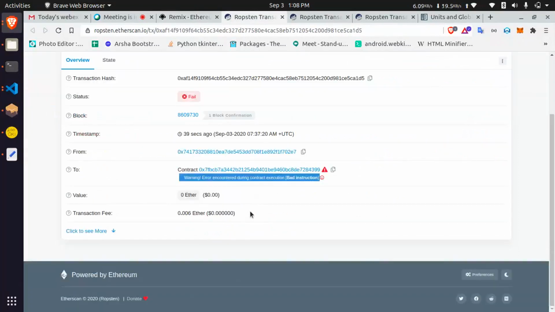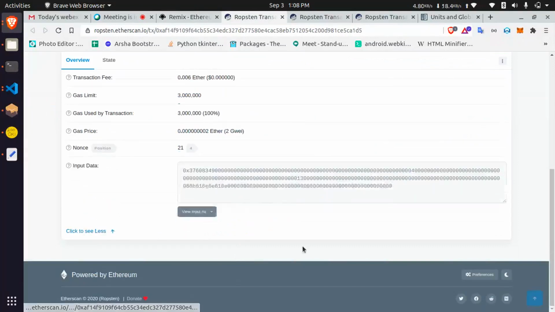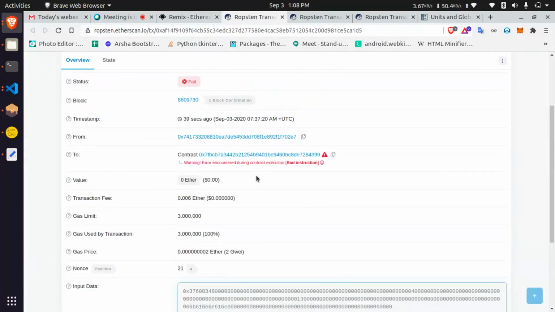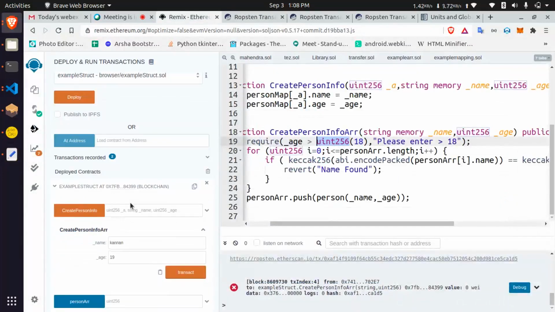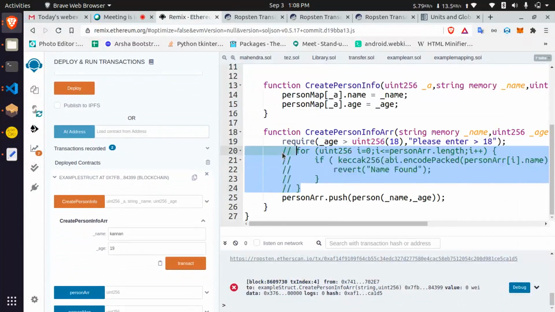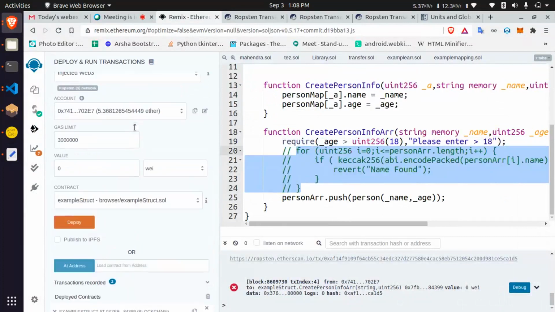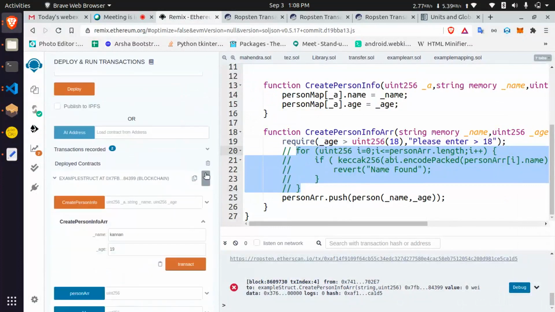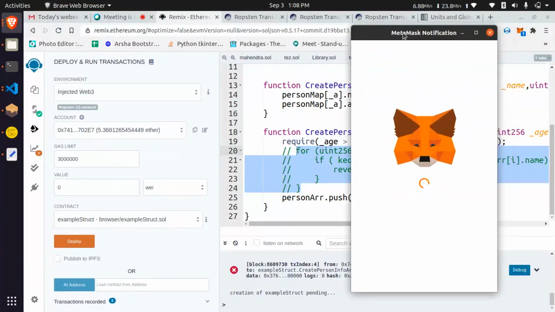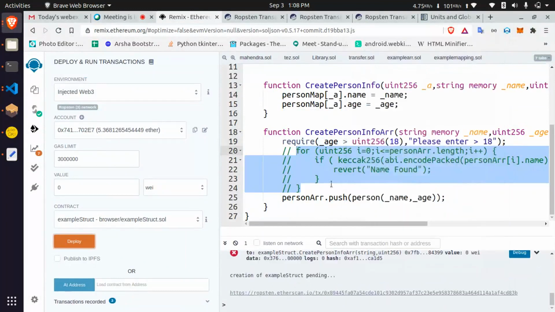Bad instructions. Let's check the input. This is our contract address, right? Let's hide this. Confirm. Wait for the transaction to commit.